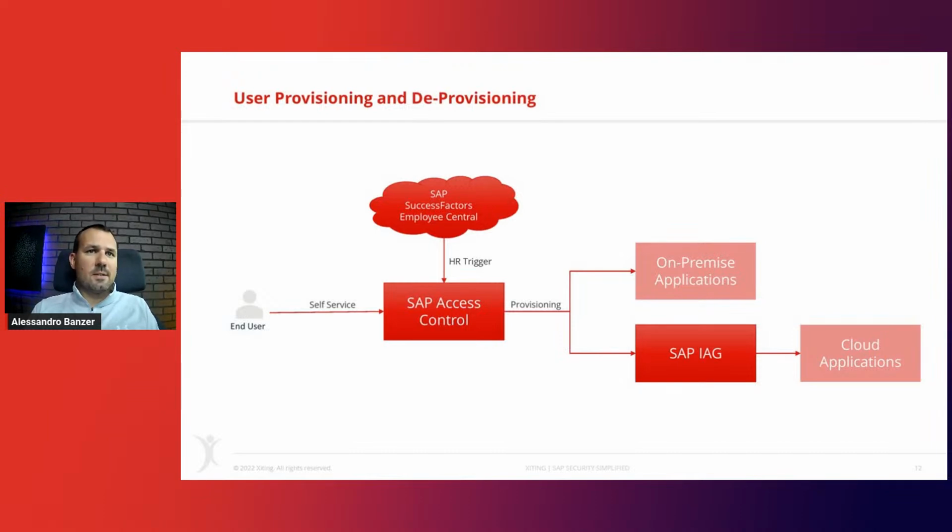So we can request access either manually, as you already know. We can use the HR trigger. If you have access control, we could even use SAP HCM. It doesn't need to be Employee Central in SuccessFactors. It can also be HCM, either or both. And then we also have the HR trigger to automatically trigger requests. And then the same thing is possible there as well. That's what we call the IAG Bridge scenario.